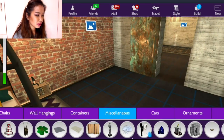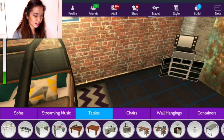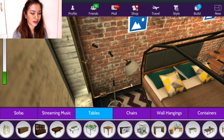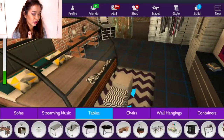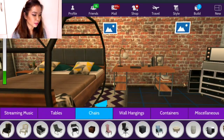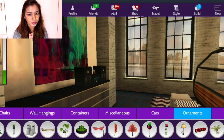And the side tables looked a little bit too small, so I also changed those. My Avakin is a stylist or makeup artist and also an artist, and she wants this place to be able to do all her work and to arrange her wardrobe in her own way. So I changed the side tables because they were too small and disproportionate to the size of the bed. So yeah, there's that. And for the accessories of this bedroom, I also included the